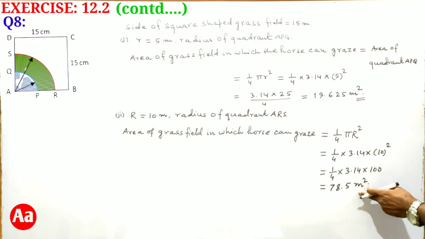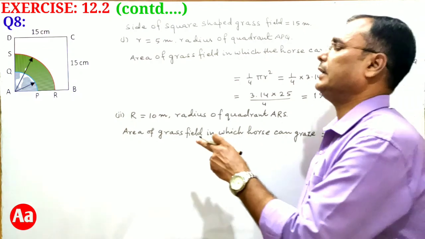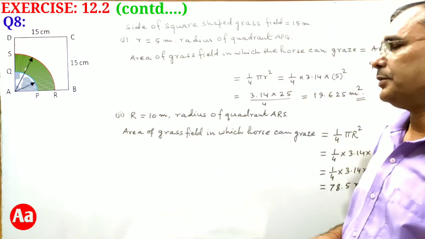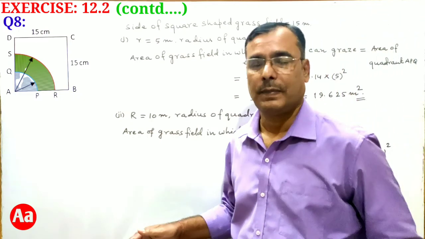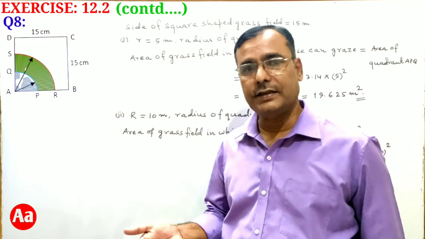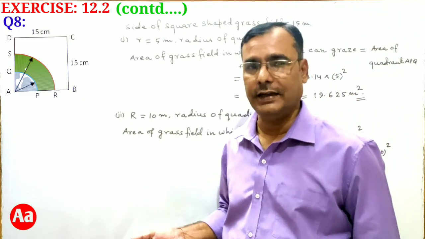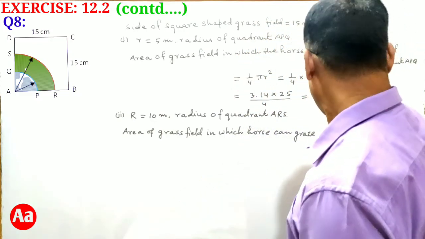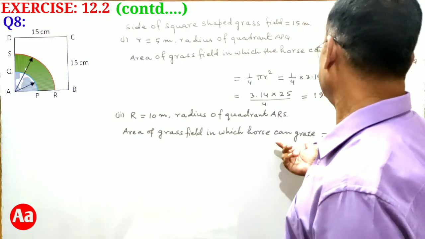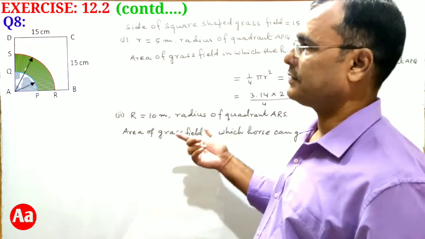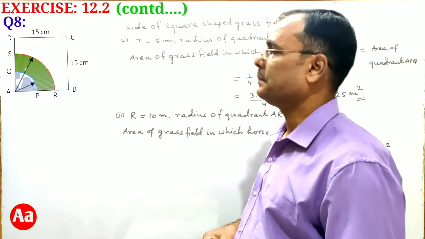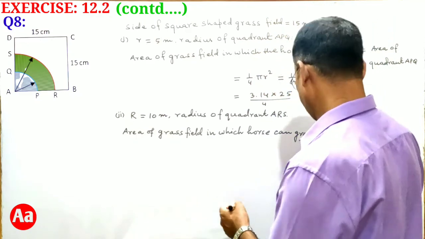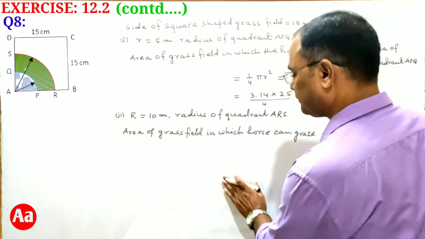This will be area of quadrant ARS. We have to find the increase in the grazing area, so that we can calculate area of quadrant ARS minus area of quadrant APQ. So let's write